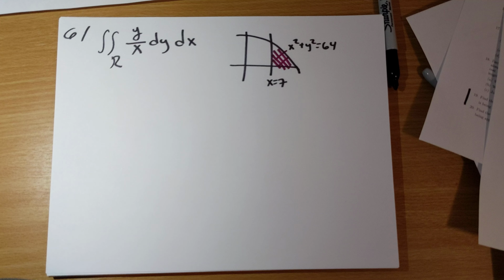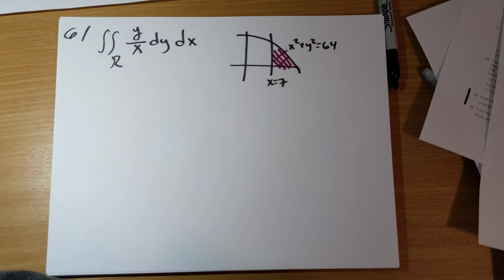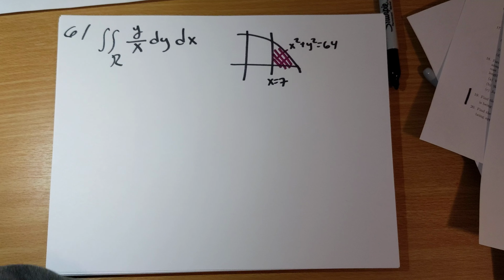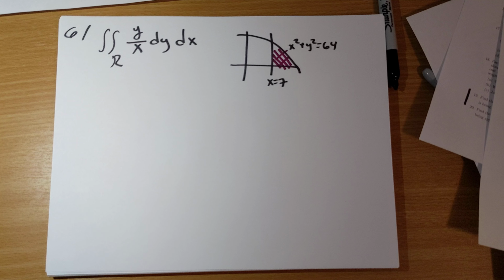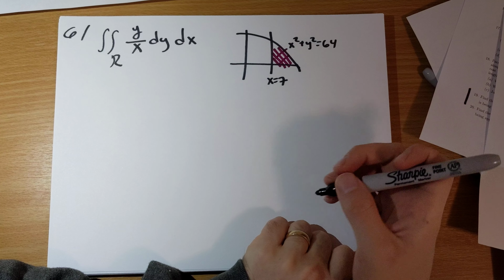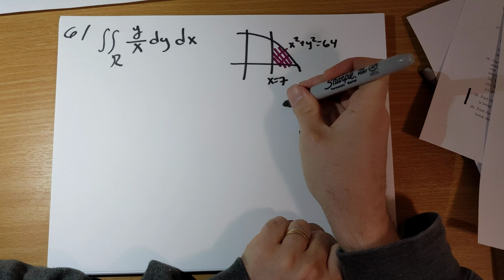Problem number 6. Write the double integral over R of y over x dy dx in polar coordinates, where R is this region here, between y equals 0, x equals 7, and x squared plus y squared equals 64. Okay, so the main thing we have to do here is figure out bounds in terms of theta and r